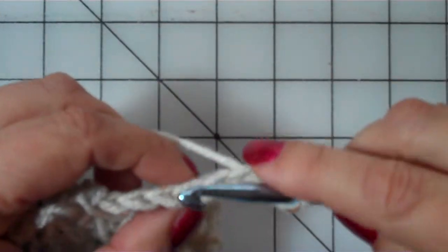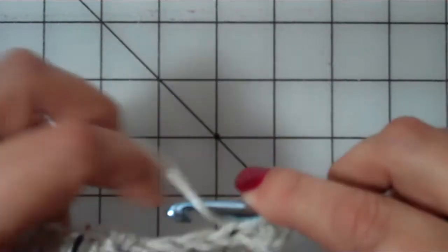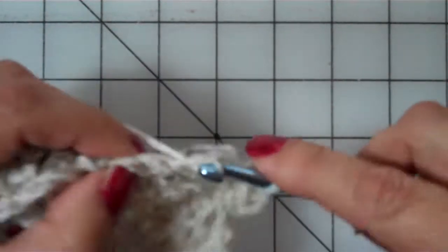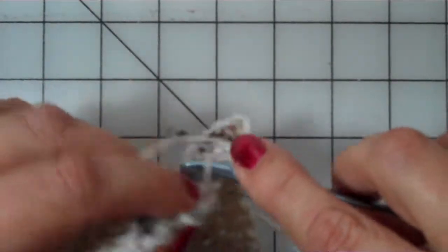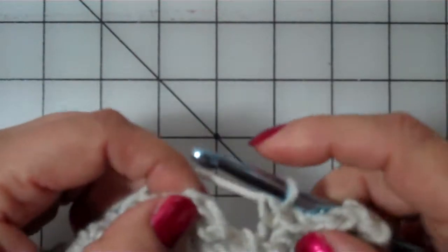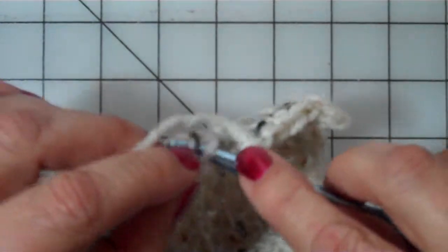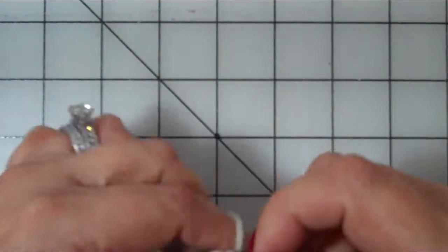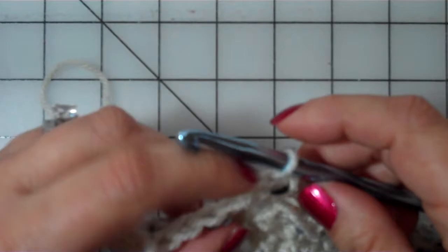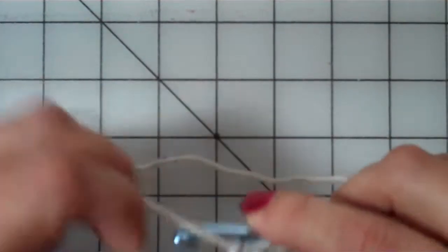Okay, let's go back. 1, 2, 3, 4, 5. Okay, now we've only got 1 stitch left, so we're going to slip stitch into the end here. Just slip stitch once, okay? But we're still going to slip stitch that. We're going to skip that slip stitch, sorry. So back into this. 1,